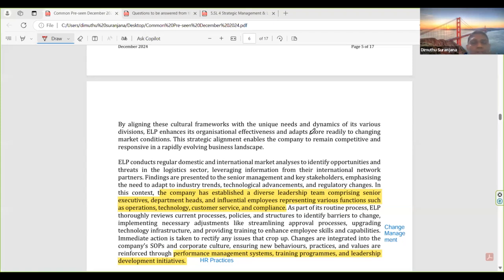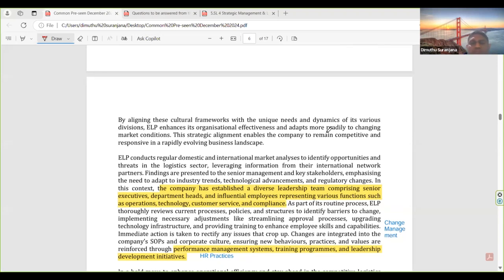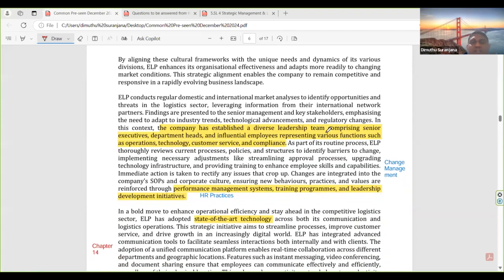Then ELP conducts regular domestic and international market analysis to identify opportunities and threats in the logistics sector. Leveraging information from their international network partners, findings are presented to the senior management and key stakeholders, emphasizing the need to adapt to industry trends, technological advancement, and regulatory change. In this context, the company has structured a diverse leadership team comprising senior executives, department heads, and influential employees,